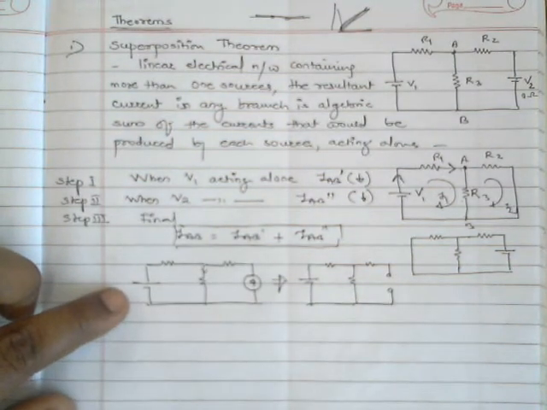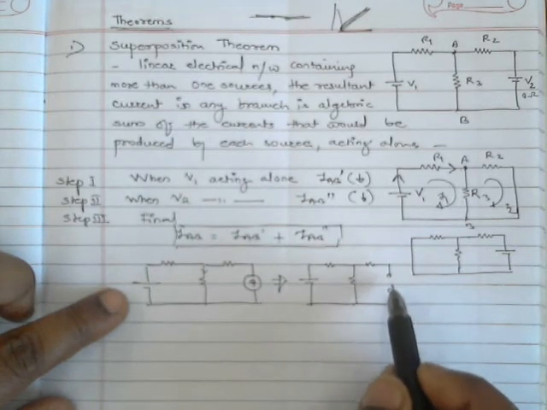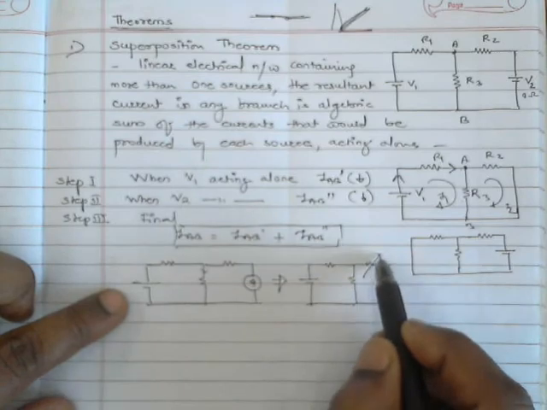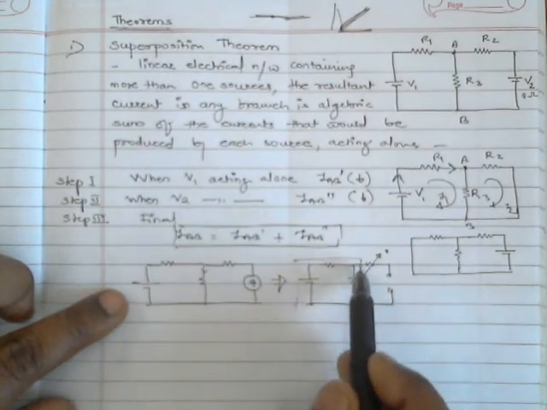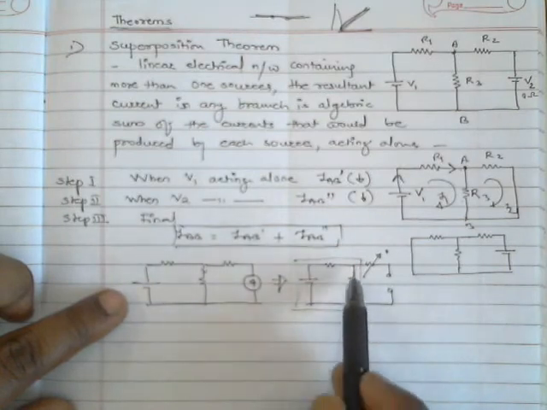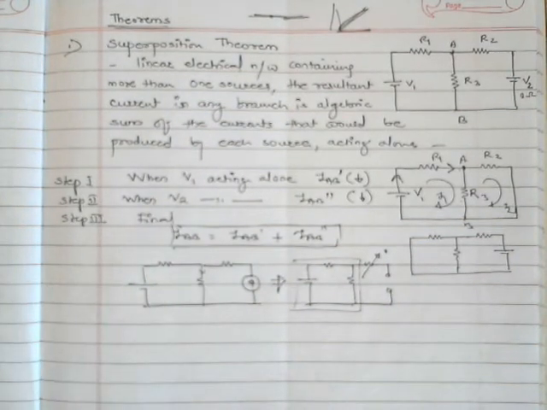Its internal impedance is infinity. So we have to open source or open circuit it. When you open circuit it, obviously this resistance is of no use. So you have only this much circuit. Now easily you can get current through this resistance. Are you getting? So this is how you can solve the example.